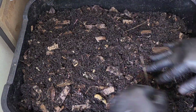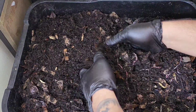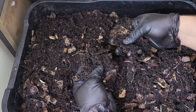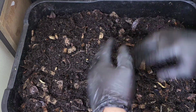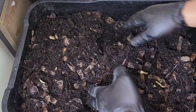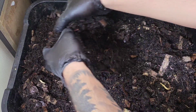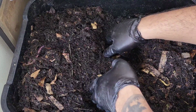Okay, so I've disturbed them quite a lot now. I've really agitated this bed, but I really want to get it fluffed up and see how it's getting on. The moisture level's good. I will add some stuff to it, but I just want to do this because I'm going to bury this pumpkin,